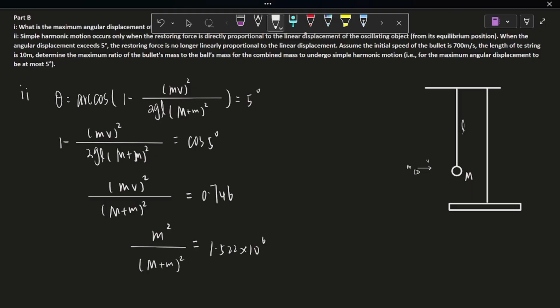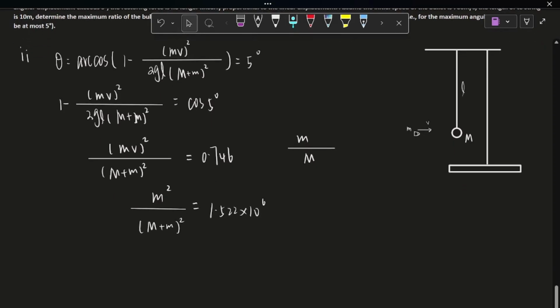We're trying to find little m over big M. So now we actually need a little bit of math. As you can see, this equation contains m and big M. So now let's use 1 to divide it on both sides. Oh, it's supposed to be negative 6. So it will become (m plus M) over m, and since both numerator and denominator are squared, we can put a square on the outside,